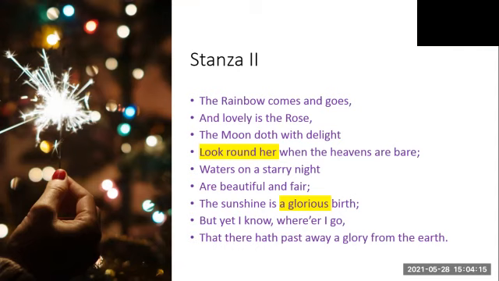Rainbow that is lovely as a rose. The moon is shining. Waters on a starry night. Beautiful, fair, delight, lovely. See how many adjectives that prove the beauty in the sunshine is a glorious birth, but